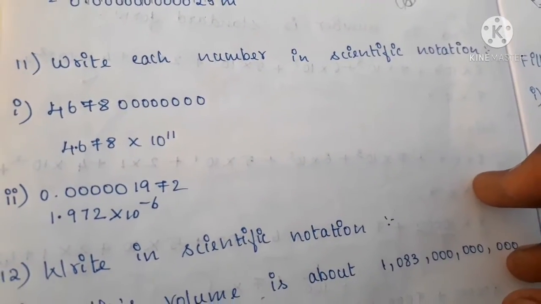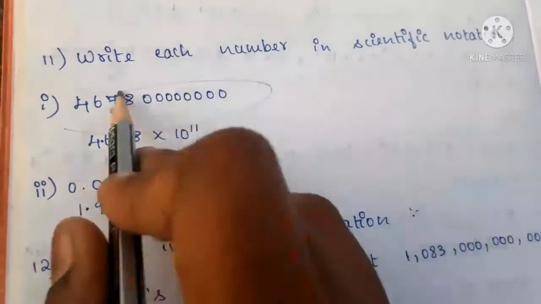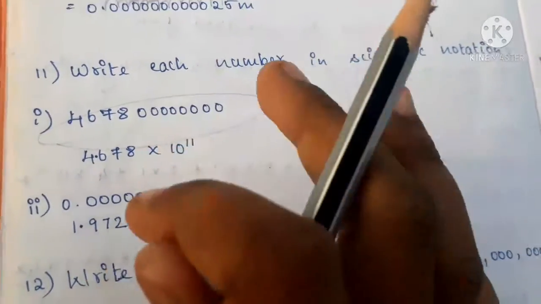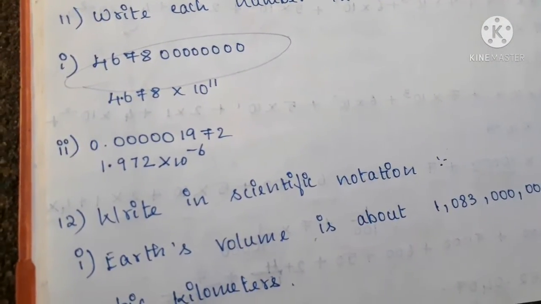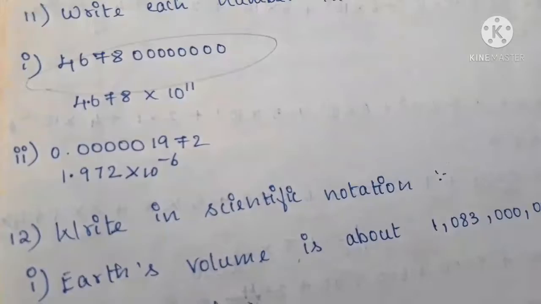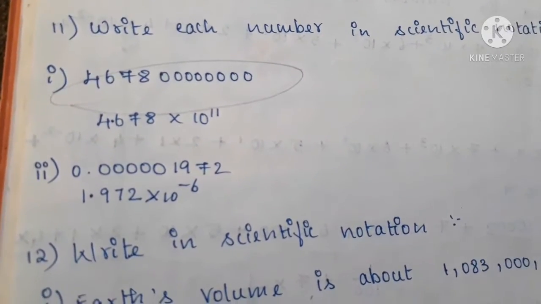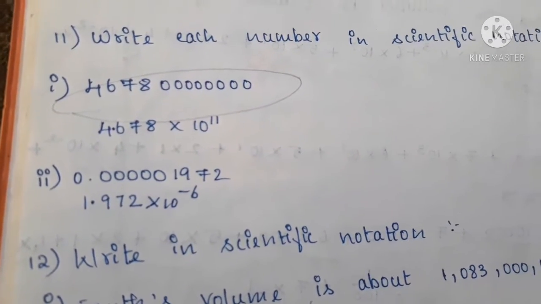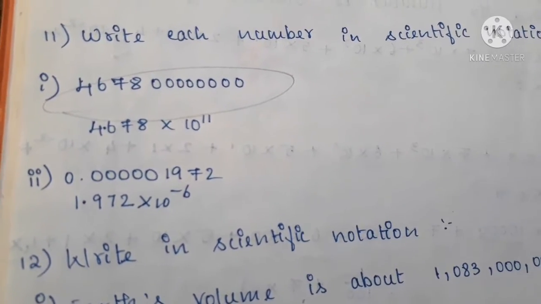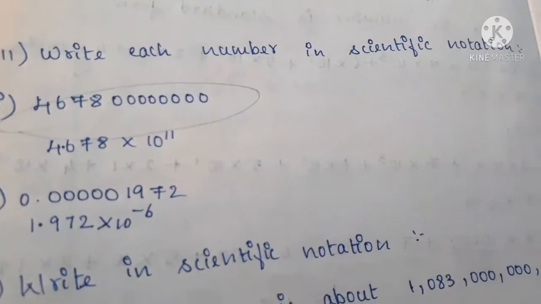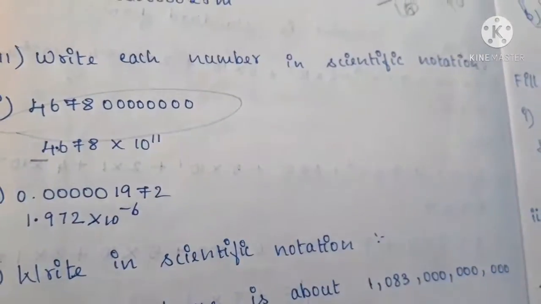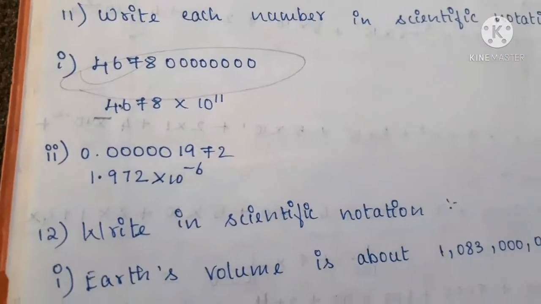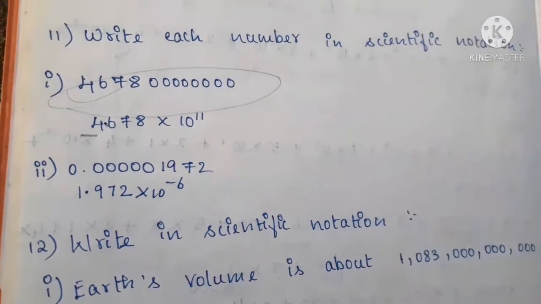Write each number in scientific notation. We have to convert these numbers into scientific notation. Very easy. First of all, you should keep in mind, for scientific notation, there should not be 0 in front of the point. That is, 0 should not be in the whole number place. A whole number only, that is a natural number only, should be in the first, that is the ones place. Okay, only the ones place you should keep, then you should put the point. So a natural number can only be in the ones place in scientific notation. It is very easy.